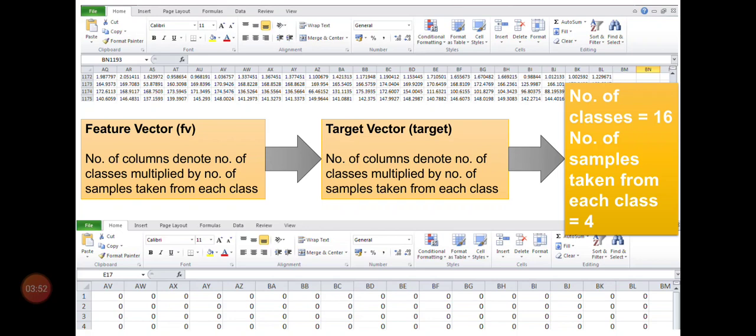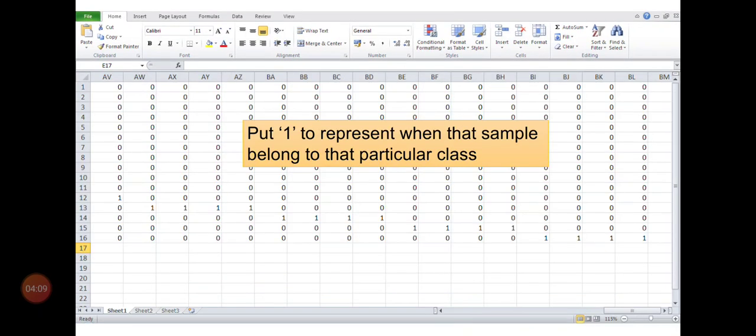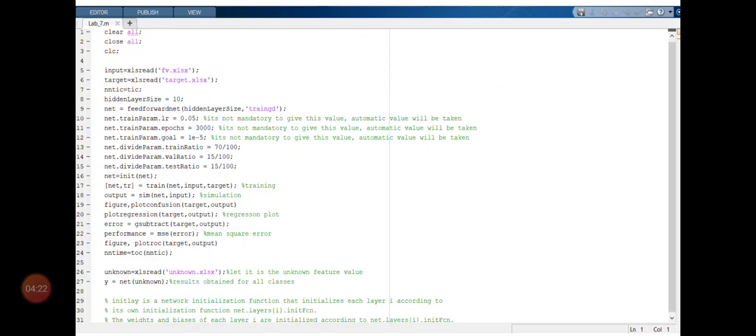Here the number of classes is 16 and the number of samples taken from each class is 4. So what will be the number of columns? 16 multiplied by 4. And here in the Excel sheet it goes up to column BL. Now as I already told, you need to put 1 to represent when that particular sample belongs to one particular class. That is for the target vector.